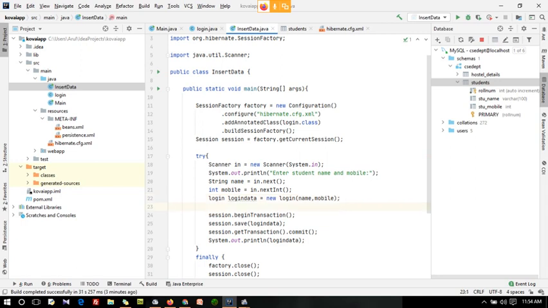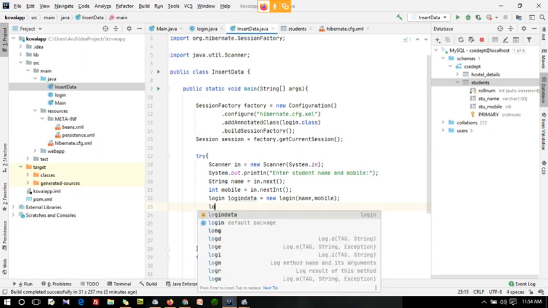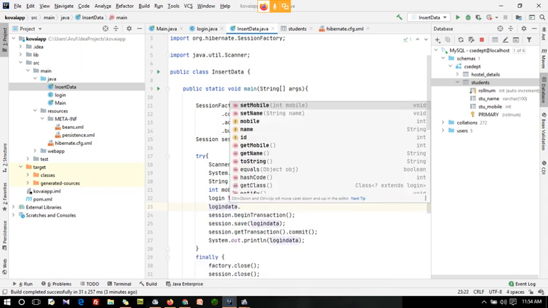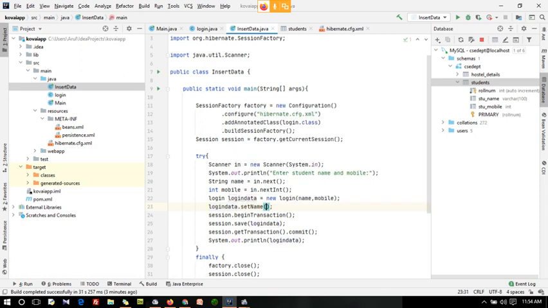That's it, guys. This is also possible. You can also call that setter method also. Inside that setName you can pass the name here also. You can do any one method at a time.